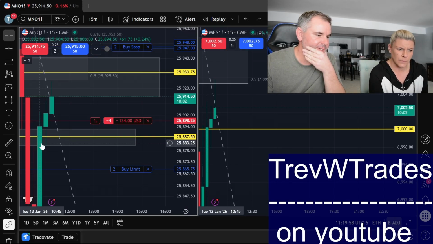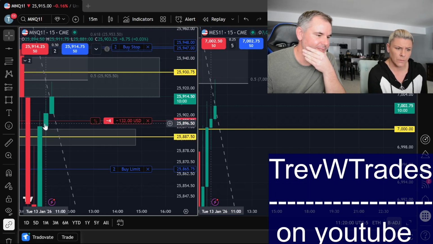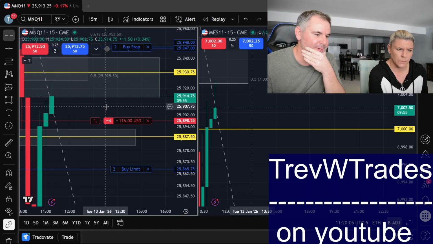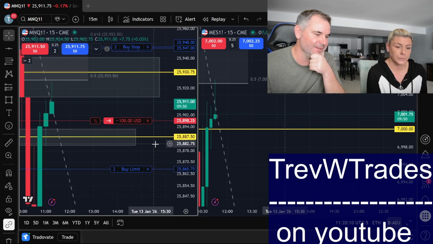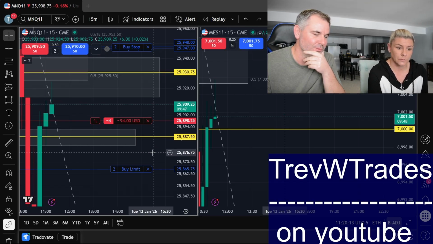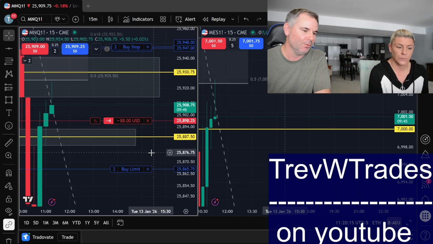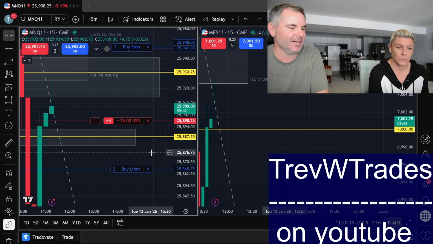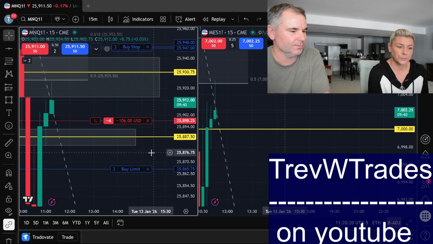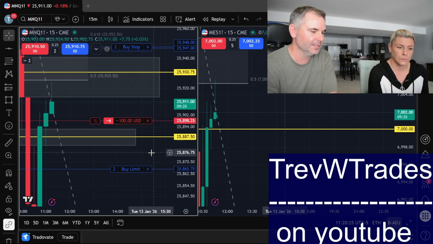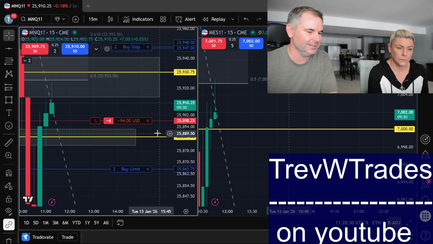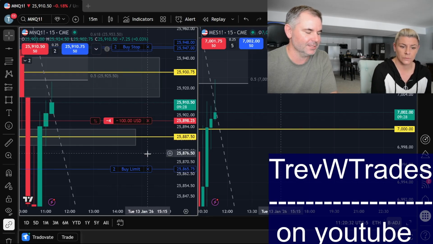So we entered here on this candle. We've already been in it for a full 15 minutes. Once this candle closes, that'll be 30 minutes. I really don't want to hold it more than 30 minutes, because it should do what you want it to do within that time frame. The only reason you should be holding is if it's going in your favor. If it's going against you and you're just holding for 30, 45 minutes, then